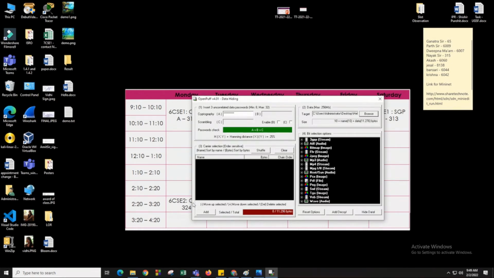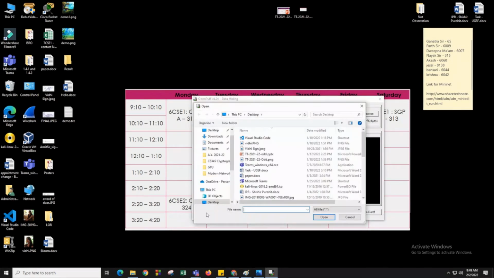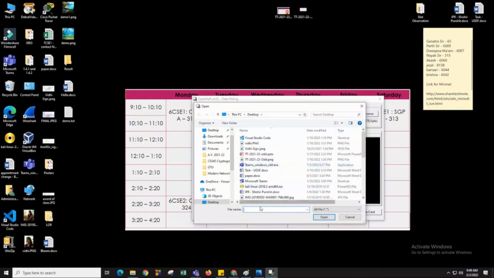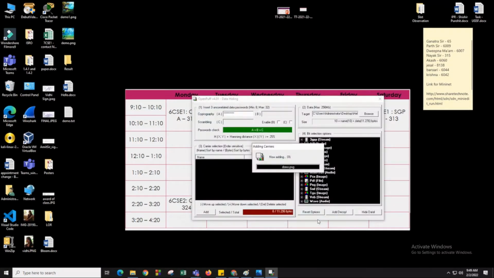So let's add a file. Let's assume I am choosing this demo.png, and I'm opening it. Whenever you open it, it will show you the bytes, that is 8 bytes. You can see this 8 bytes represents the carrier, and this is your data.